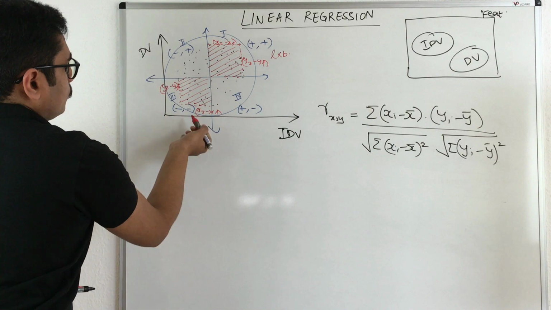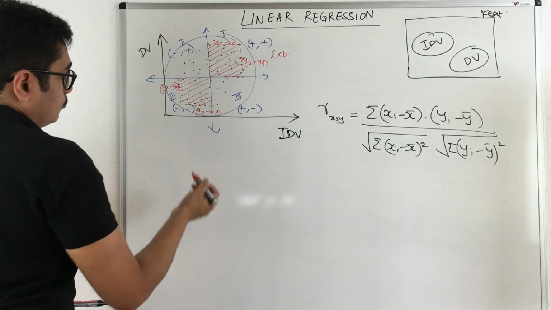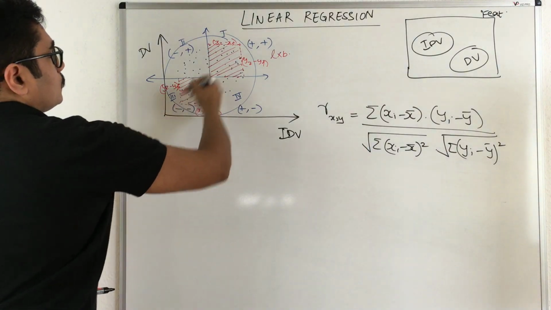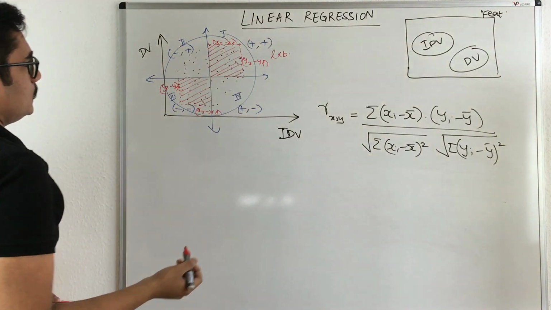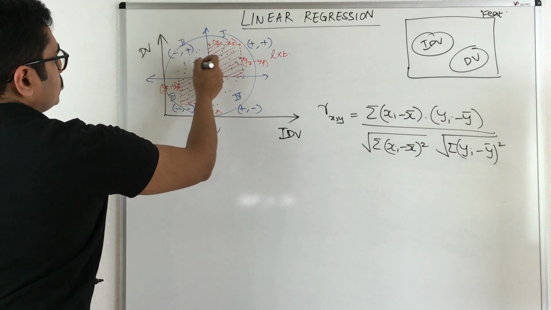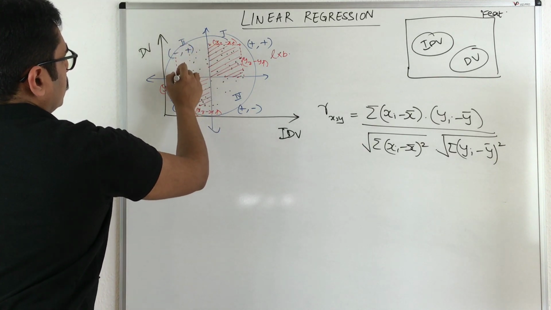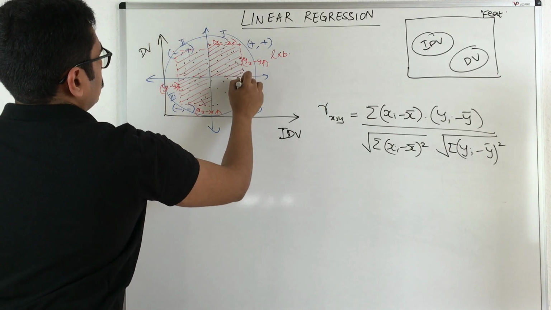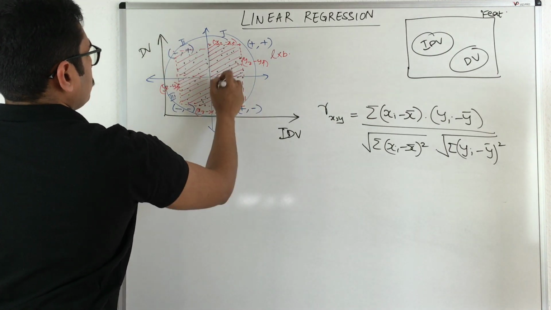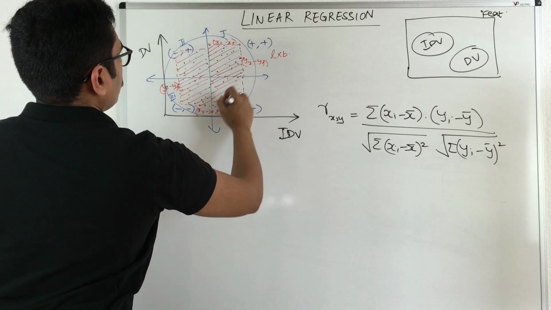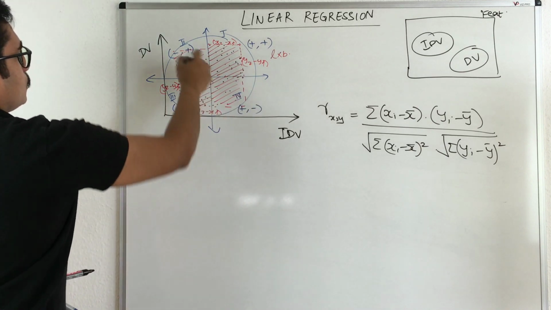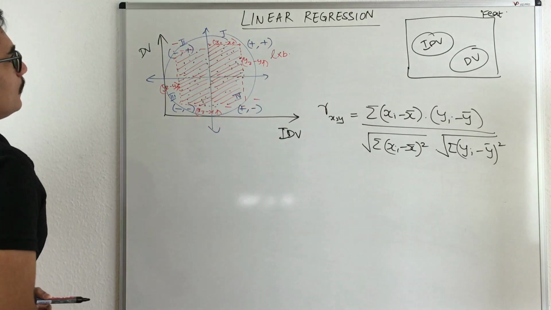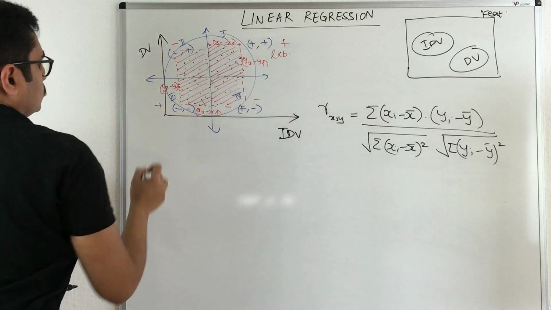So here what you have is both negative and negative. Negative multiplied by negative quantity is also a positive. So you have these two positive regions. Now in this region, if you calculate the area, you have something that is negative and positive. Similarly, you have positive and negative. So the area of these two regions are negative and negative, and these two are positive and positive.